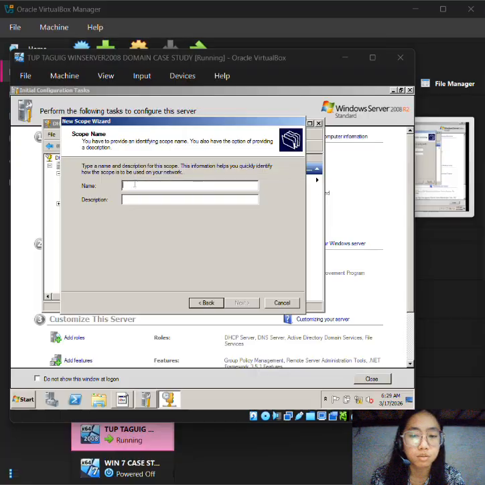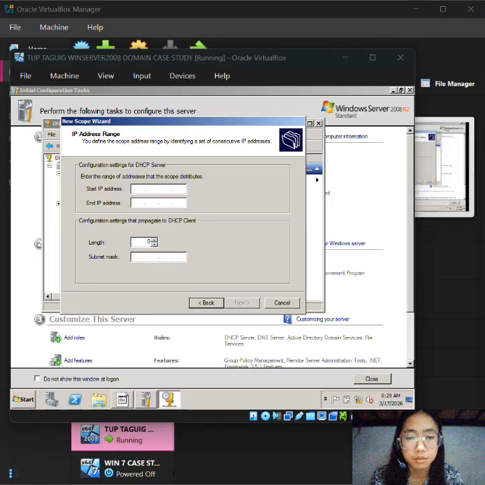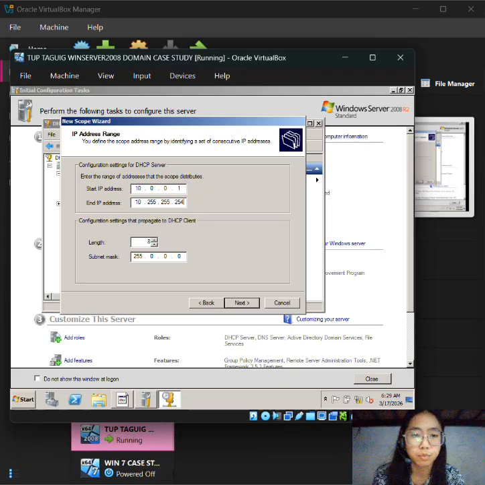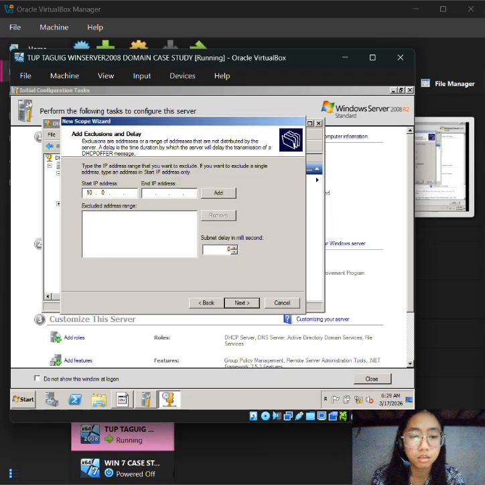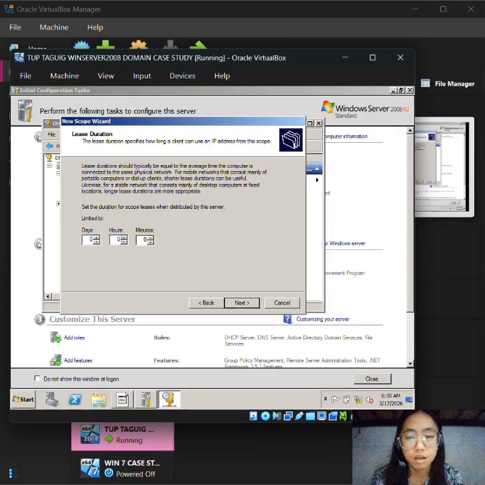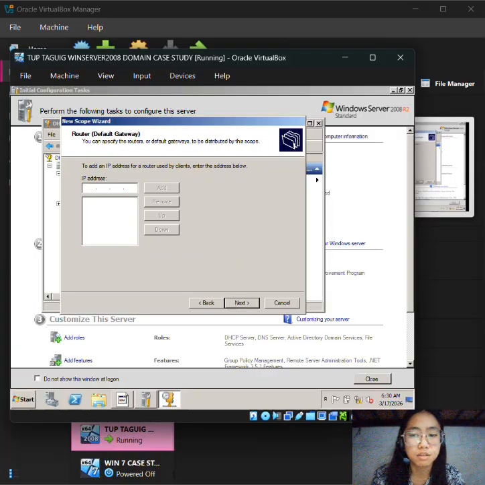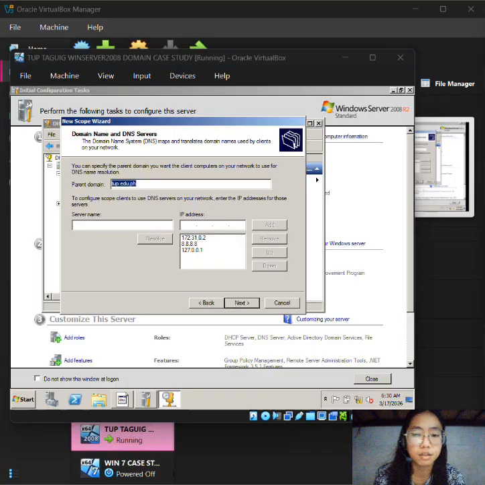So the second scope is the 7 Class B network. So it will assign the IP block of 10.0.0.0/8, and configuring the exclusion so that the first 30 and last 30 valid IP addresses in each scope are not distributed. And these reserved IP addresses can be used for servers, network devices, and other critical systems.